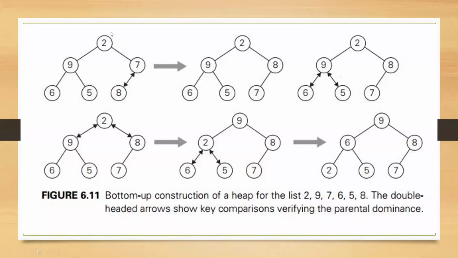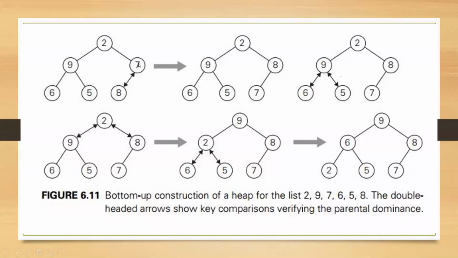So you have to check whether this parental node satisfies the parental dominance. The parental dominance tells that the parent node should have a value greater than or equal to its child. I'm considering 7 as the root now. Its child is 8, so it is not satisfying the parental dominance. If it is not satisfying, then you have to move this 8 to the root position. Now 8 will be moved to where 7 was.